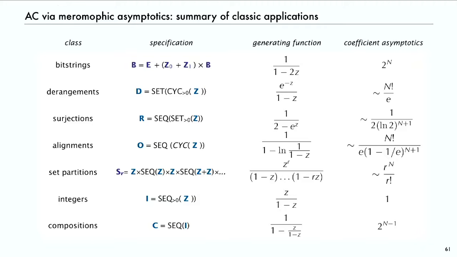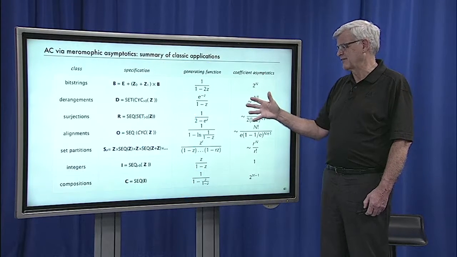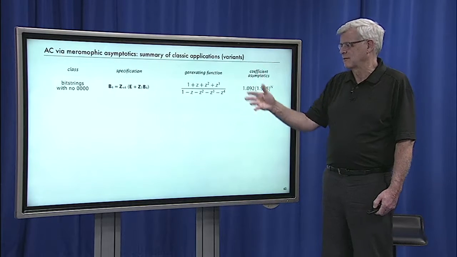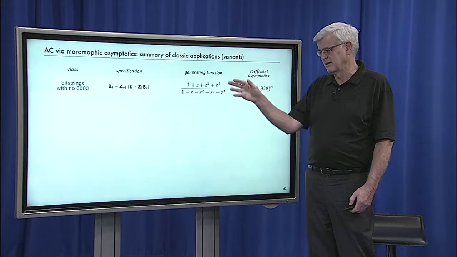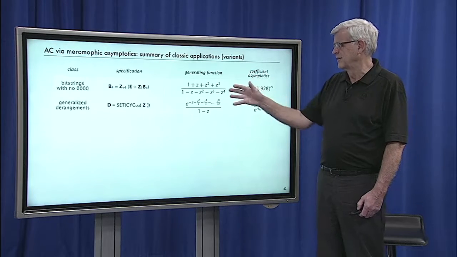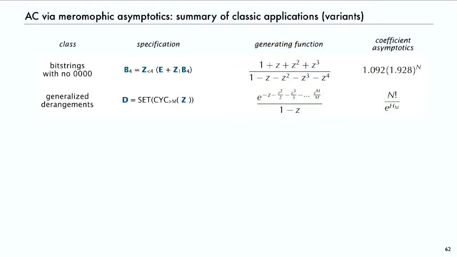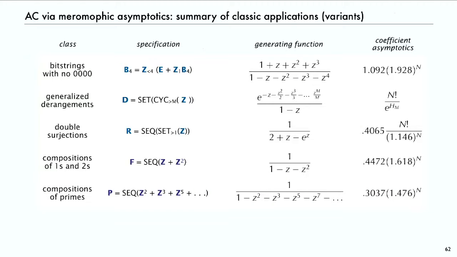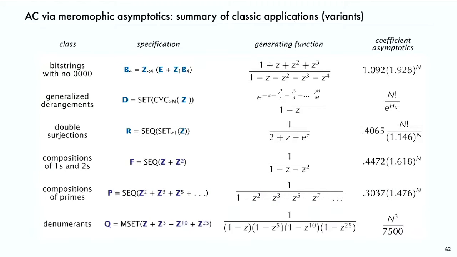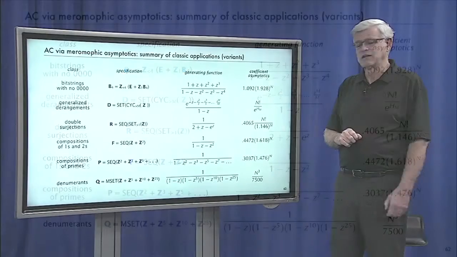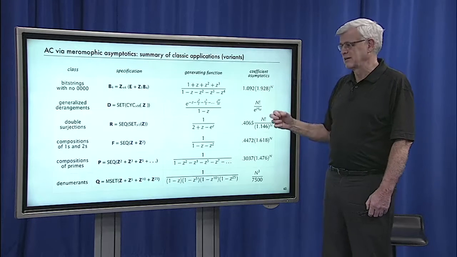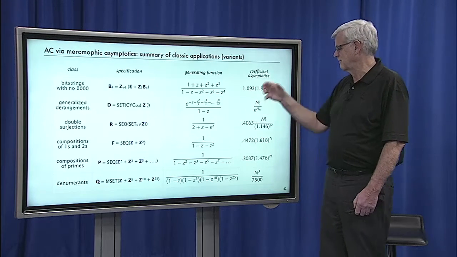Not only are we able to do these classic combinatorial classes, but also we can do variations, like restrict the bit strings to not contain particular patterns, or generalized derangements where we parameterize the number of cycles that are disallowed. Same with surjections, and for compositions, all different types of restrictions, as well as denumerants. All of those things, again, are the same basic idea of a spec goes to a generating function, goes to